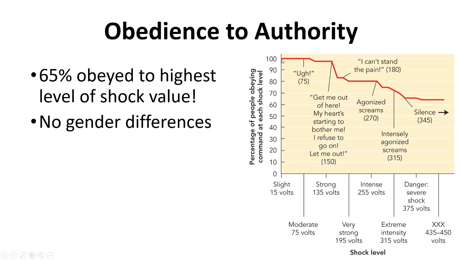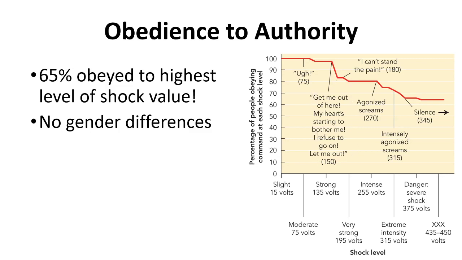So at the very beginning, pretty much everybody would push the button and deliver these mild shocks. And the confederate would say something like, ugh, or ow, or that hurts. So just sort of mild acknowledgement that these fake shocks were happening. And then as time goes on, you see that as the shocks get more intense, people start dropping out, but not very quickly. So at this point, where we start seeing a large drop-off, they start yelling, get me out